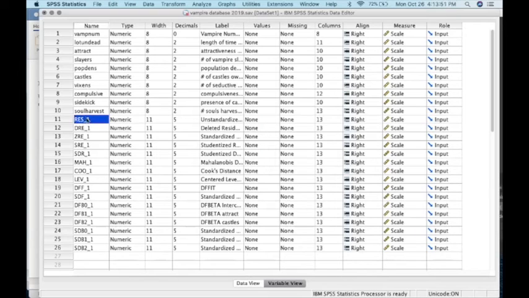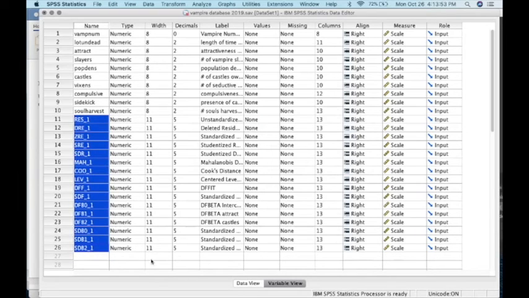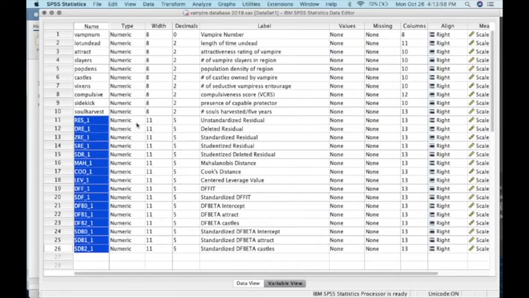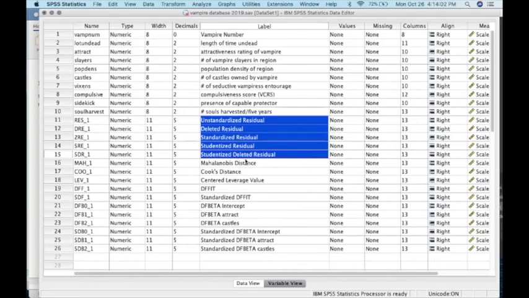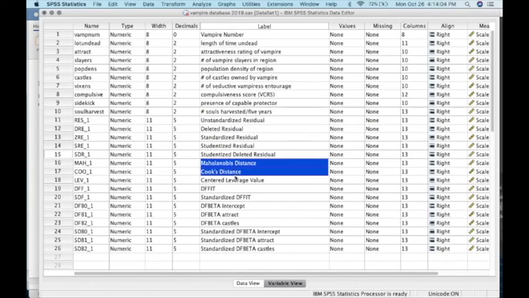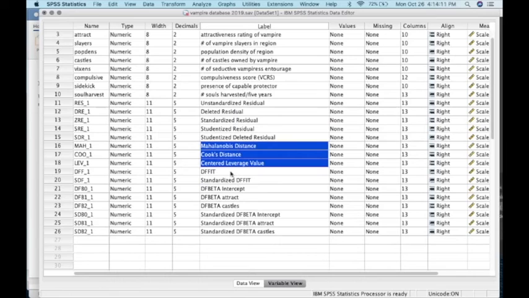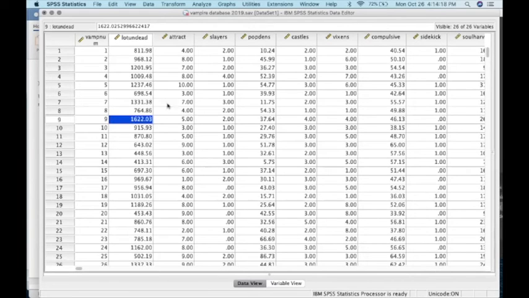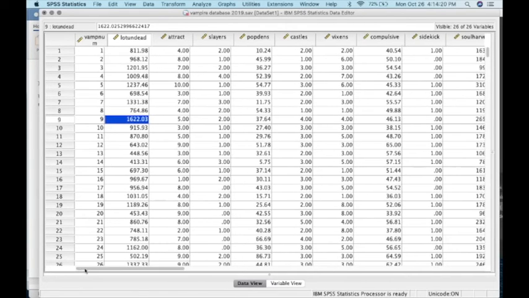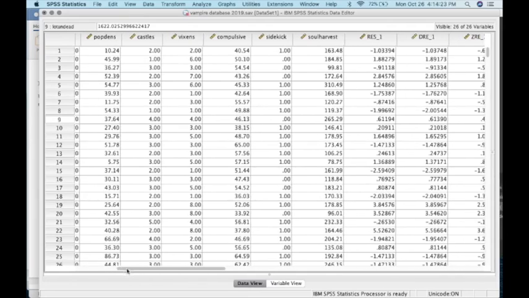You also need to look at all of these new variables that you got. It tells us in the label what they are. We have these 5 different types of residuals, 3 different types of influence or distance statistics, and then all of these. If I scroll to the end here,